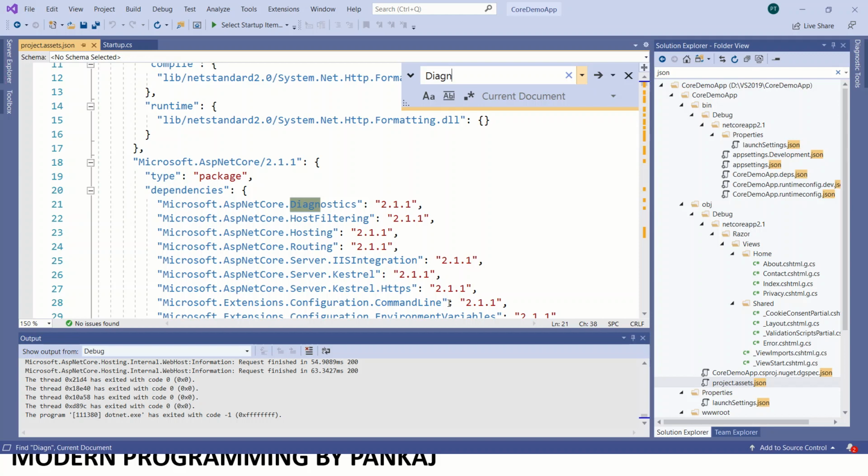If you want to add this, you can just add the dependency here in your project.json file, and it will automatically download the required package from the NuGet package manager. Then we can use multiple methods which are available in diagnostics.